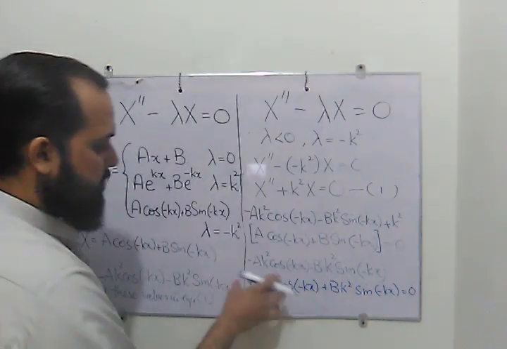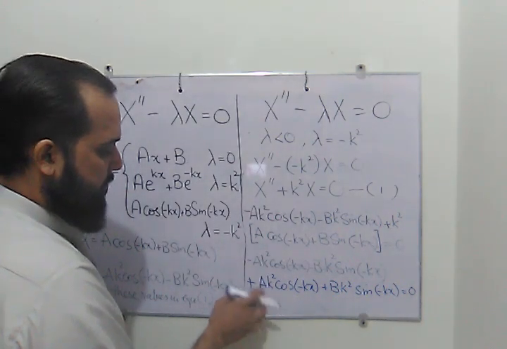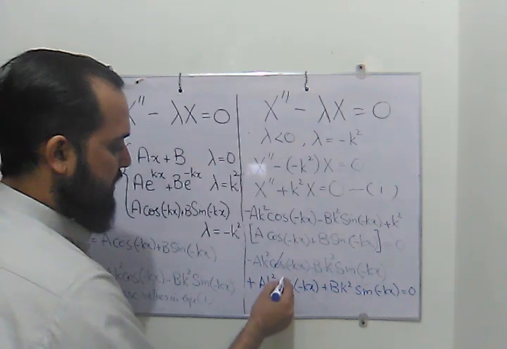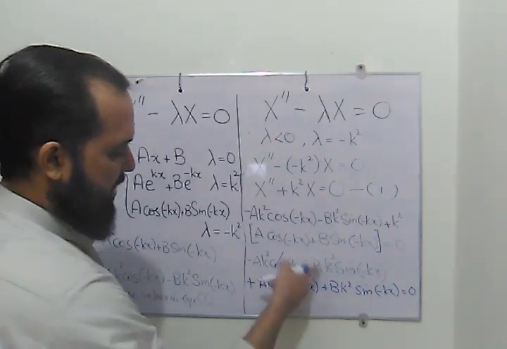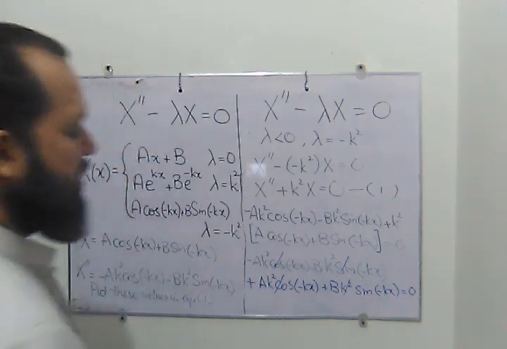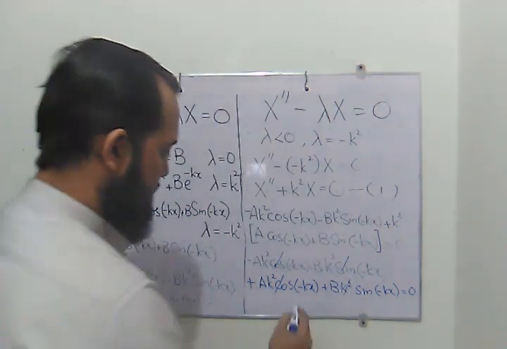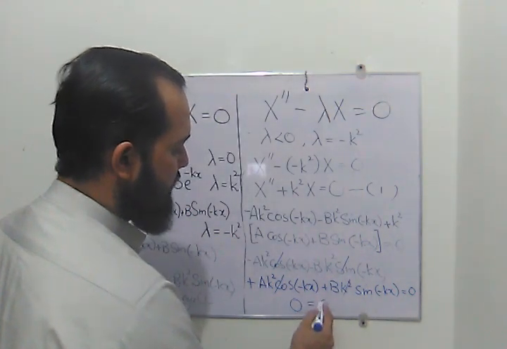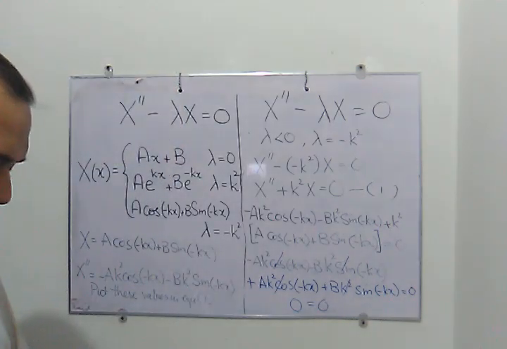So we see that both terms are the same with negative sign and positive sign, opposite signs. Here again we have the same terms with opposite sign, they will cancel out each other, and at the end the right hand side is equal to left hand side. And this is the way of verification of the solution, whether the solution satisfies the differential equation or not.